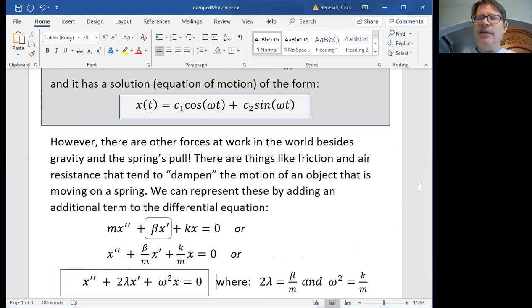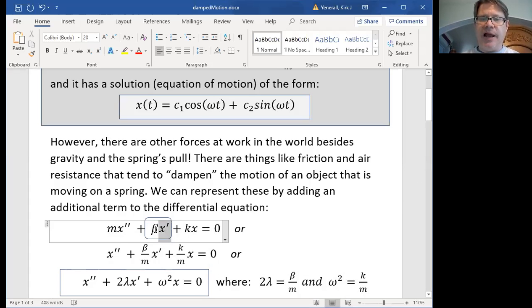So we can create a more realistic situation by introducing what we call a dampening factor. And that's going to be a constant that we're going to call beta that we introduce into the equation. We're going to take the dampening force to be beta times x prime. You'll see it in the differential equation here. And that's to model the fact that in general, we probably expect the dampening to be